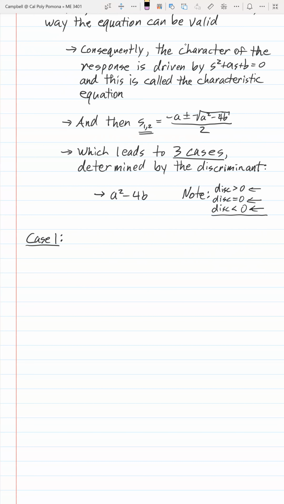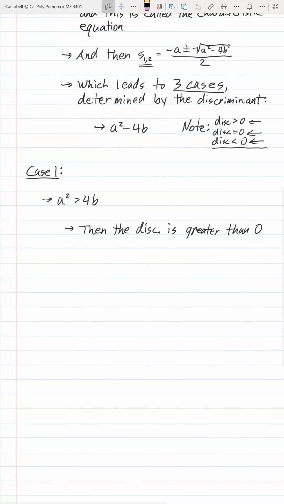And so here we have a squared is greater than 4 times b, which of course means that the discriminant is greater than 0, and of course that means then that the quadratic equation